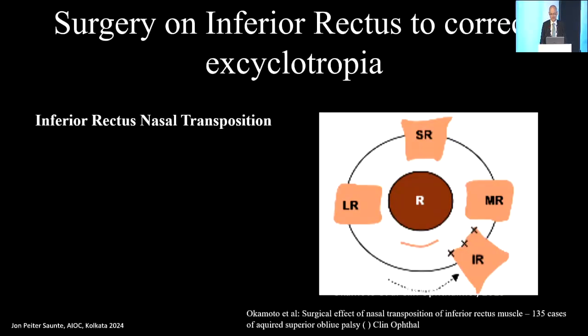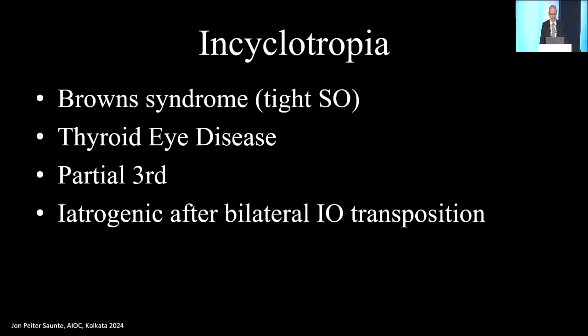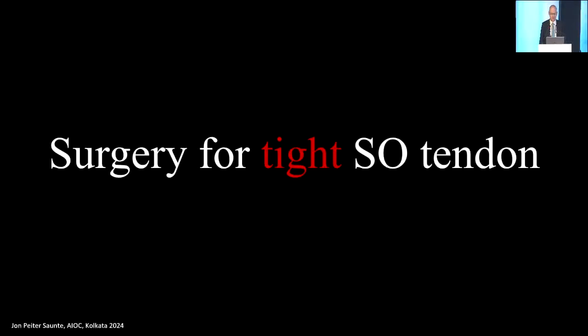The group in Japan has looked at inferior rectus nasal transposition to take care of torsion, and they found that if you do this unilaterally, it takes care of 6 degrees, and bilaterally, it takes care of 11 degrees. And if you have incyclotropia, which is the last thing I want to discuss with you, if